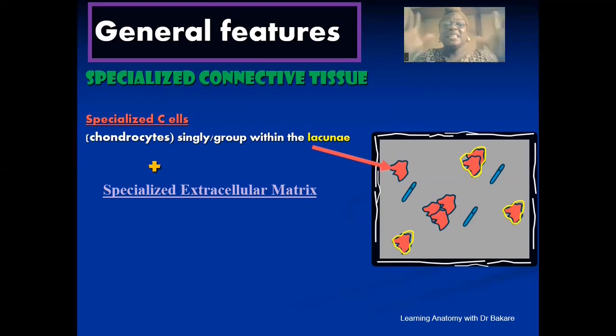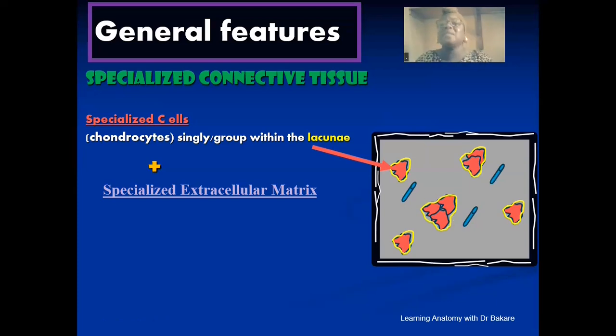in pink. These chondrocytes are seen to be embedded in the lacuna, and this is the lacuna here, highlighted in yellow. So you have the space where these cells are embedded, and this is given a specific name, and the specific name is the lacuna. So you have a number of lacunae within the cartilage where chondrocytes are embedded. So we have the lacuna here, also highlighted in yellow, of course, creating a space onto which the group of